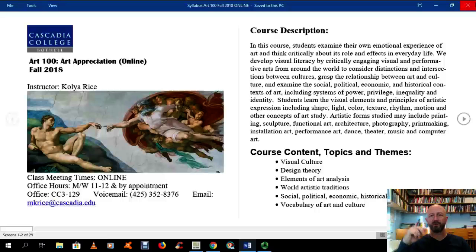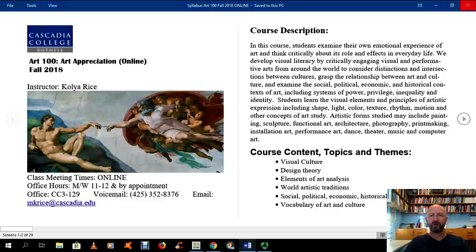Let's just read it over together. This is the standard boilerplate. This is what the course is. In this course, students examine their own emotional experience of art and think critically about its role and effects in everyday life. We develop visual literacy, which means we're learning how to read visual languages in this class by critically